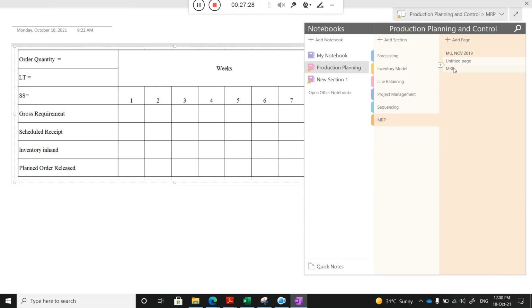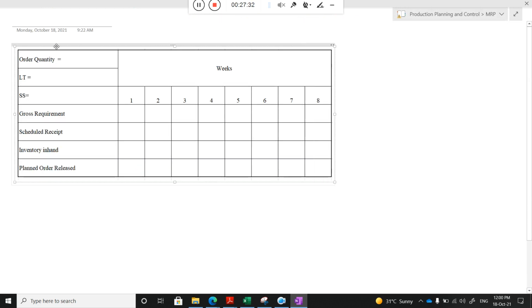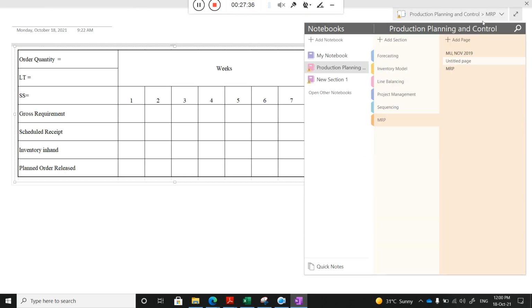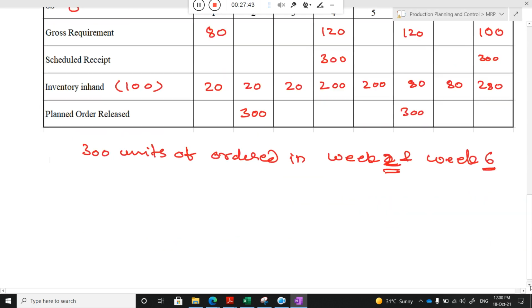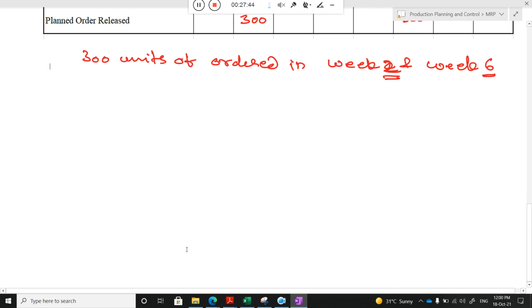I think it is available. Okay, it is available. Sir, in exam, how to draw the tables, sir? Like this? You need to draw the table. You should remember all this thing. Only by table can you solve the numerical.